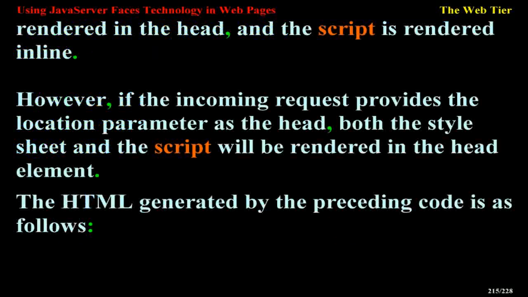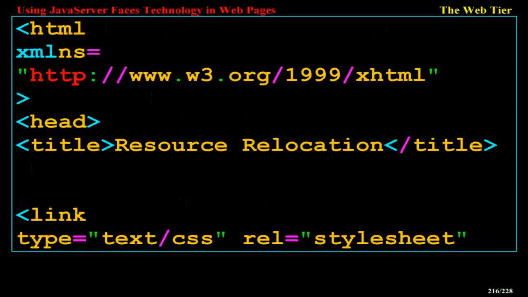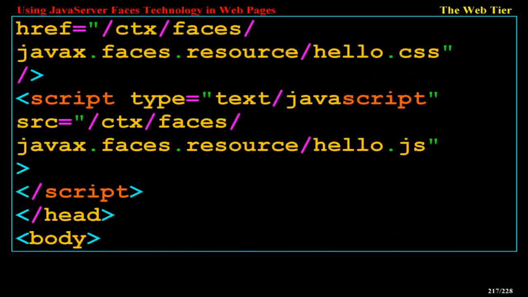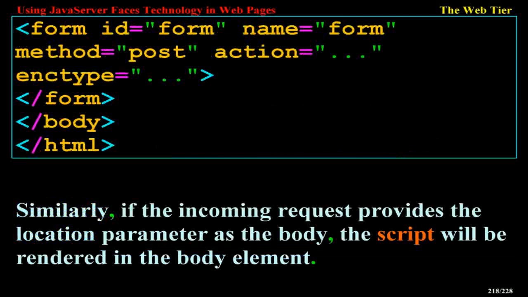The HTML generated by the preceding code is as follows. <html xmlns="http://www.w3.org/1999/xhtml"><head><title>Resource relocation</title><link type="text/css" rel="stylesheet" href="/ctx/faces/javax.faces.resource/hello.css"/><script type="text/javascript" src="/ctx/faces/javax.faces.resource/hello.js"></script></head><body><form id="form" name="form" method="post" action=""></form></body></html>